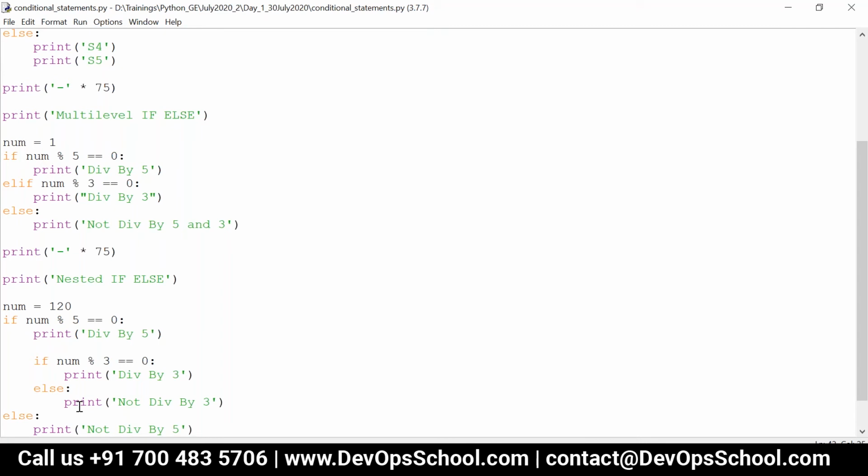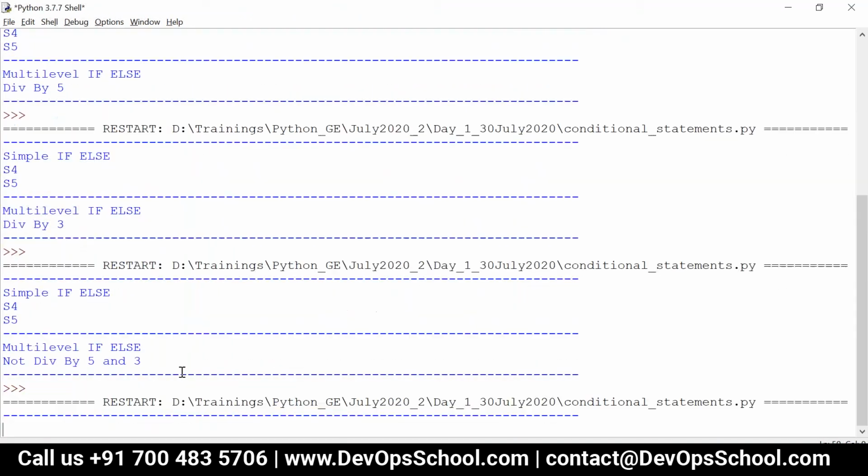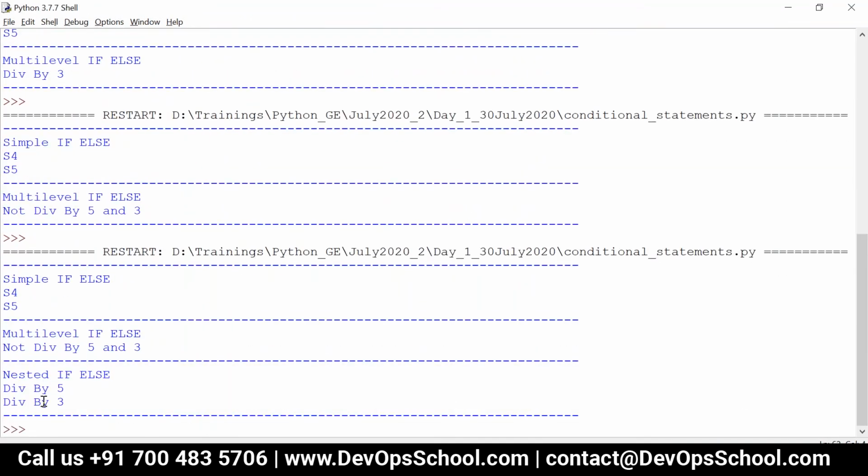So now what will happen in this case? Now num is equal to 120. This condition is satisfied, so this will print divisible by 5. Then since this if condition is present within this block, this statement will also be checked. So this will also be satisfied, and you can see divisible by 3 will also be printed. Look at this, both are getting printed: divisible by 5 and divisible by 3.